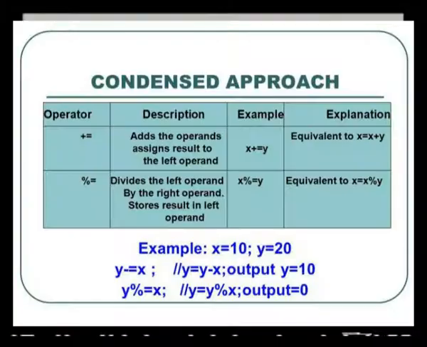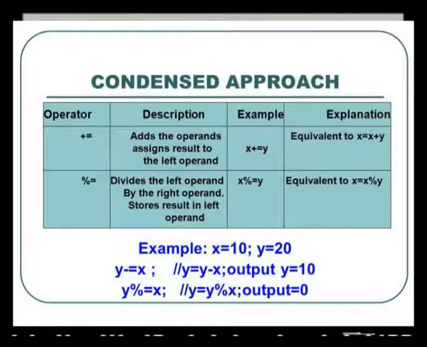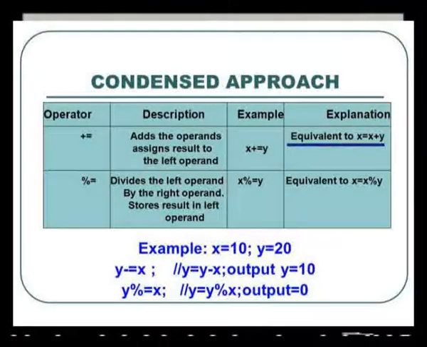So here we have another form of using assignment operators with the additive and multiplicative operators. Here if you see, you are having plus is equal to, it adds the operands and assigns a result to the left operand. So here also the left operand is the receiving side, but that plus is equal to is equivalent to x is equal to x plus y, that is defined over here. Here if you see, you have given x plus is equal to y. So this is a new type of using this plus is equal to. This is also valid in C. The meaning of this is that x is equal to x plus y.